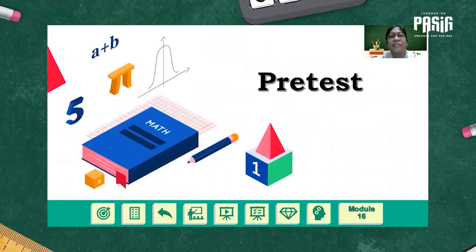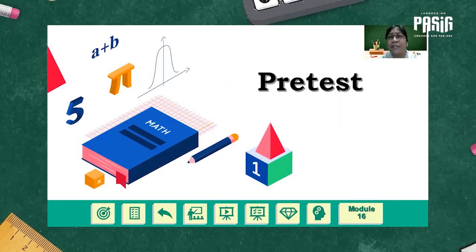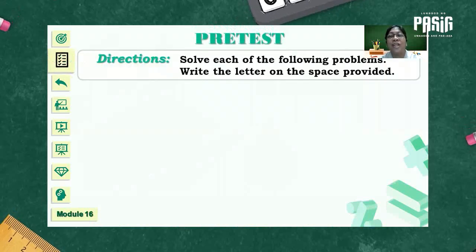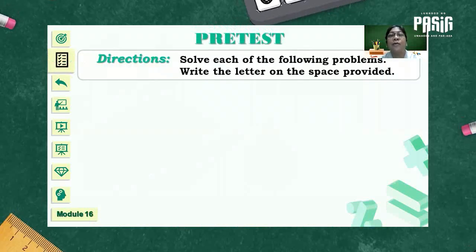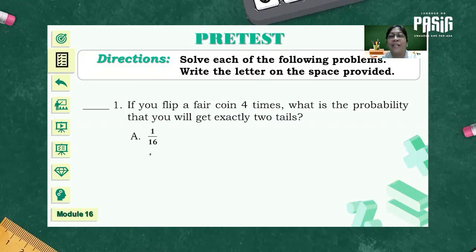Let's have a pretest first for you to have an idea on how you are going to solve probability using permutations and combinations. I want you to solve each of the following problems and write the letter of the correct answer. For number 1,